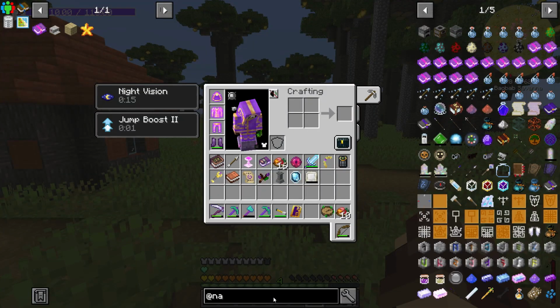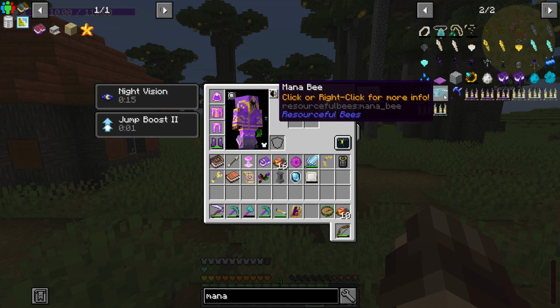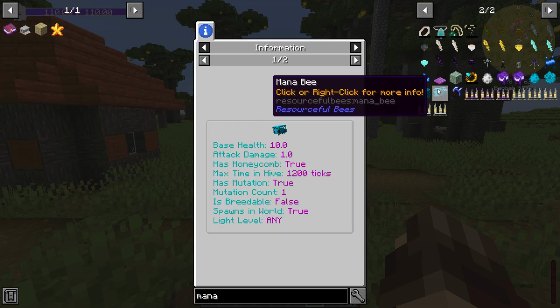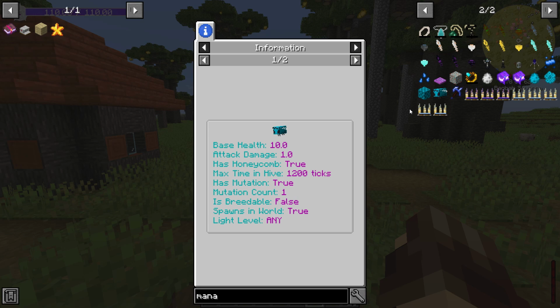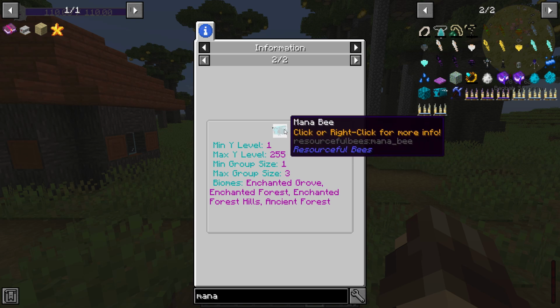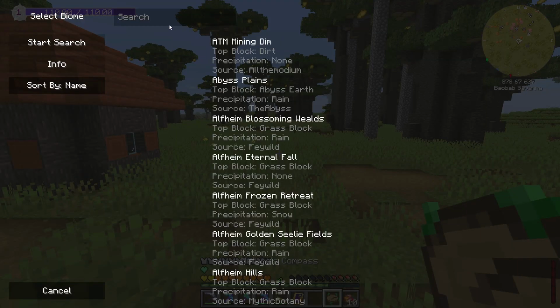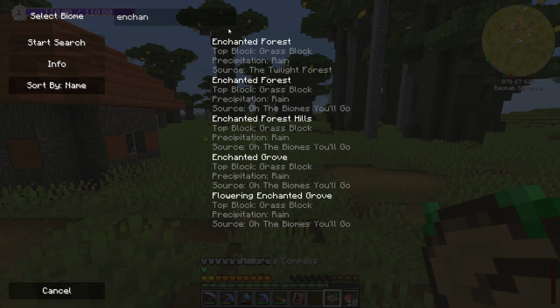Now the other thing I would like to do is, if we take a look, there is the mana bee. You know, we talked about this on ATM 6 before. And these things do produce black lotuses and blacker lotuses. And so I'd like to at least go find us a few mana bees today. It looks like enchanted places and ancient forests. So let's just see if there's any...